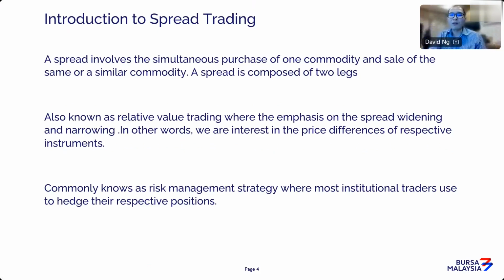So the common thing when you're trading palm oil is that the rival competing vegetable oil market is always the soybean oil market. So when you talk about an inter-commodity spread, you're comparing palm oil and soybean oil. Now, if you believe that palm oil is undervalued and soybean oil is overvalued, what you do is buy palm oil and sell soybean oil. So this is what I meant by trading the spread market between different commodities.